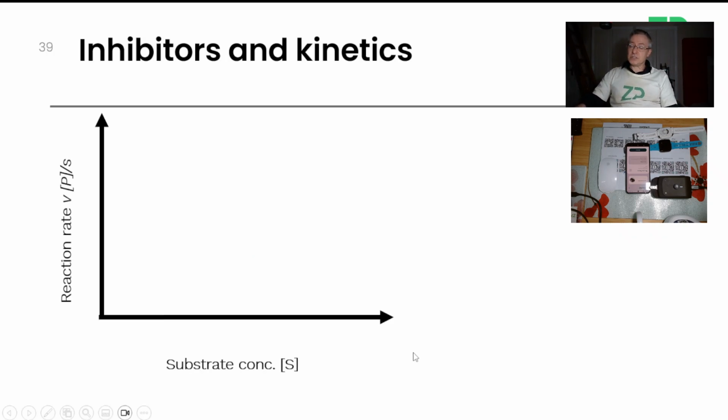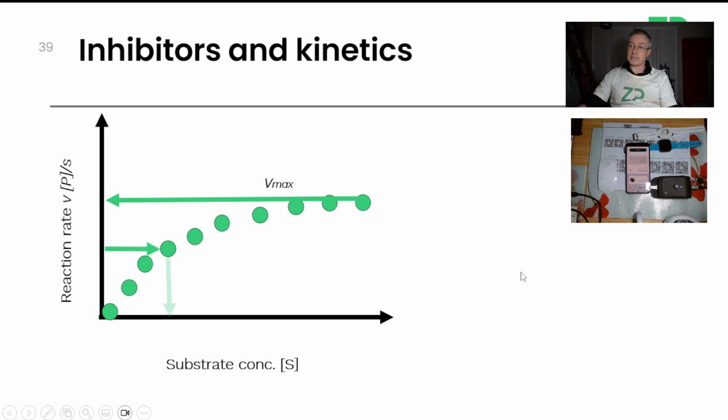Inhibitors and kinetics. So let's start off with our Michaelis Menten. Many of our, let's say, biosensors would follow this profile where they have a Vmax and a Km, and I've discussed how useful those key performance indicators are for ranking different formulations of enzymes to say which one's better than the other. So they're useful parameters to us. Now, in the case where you've got a competitive inhibition,